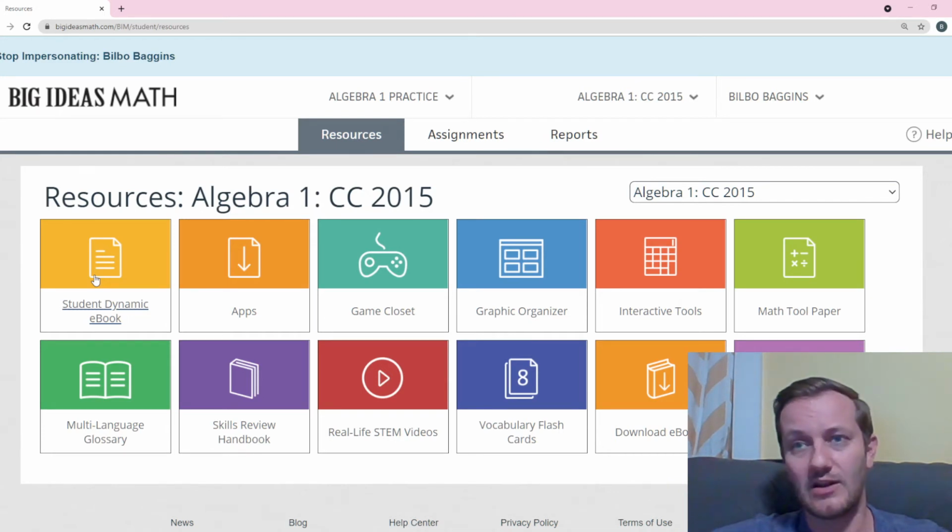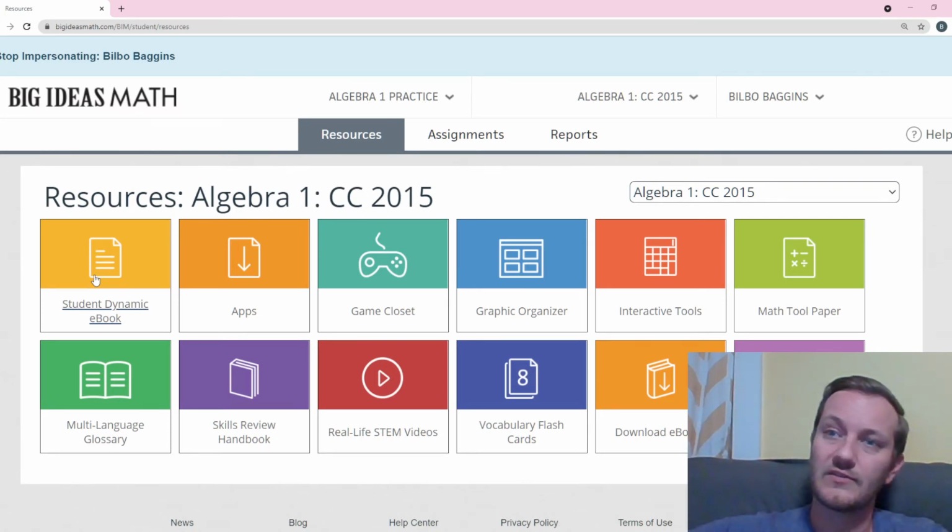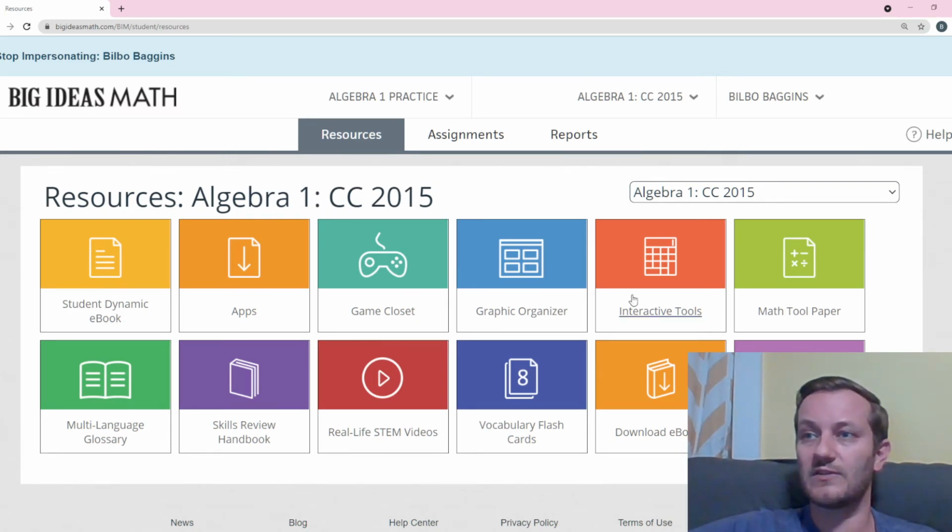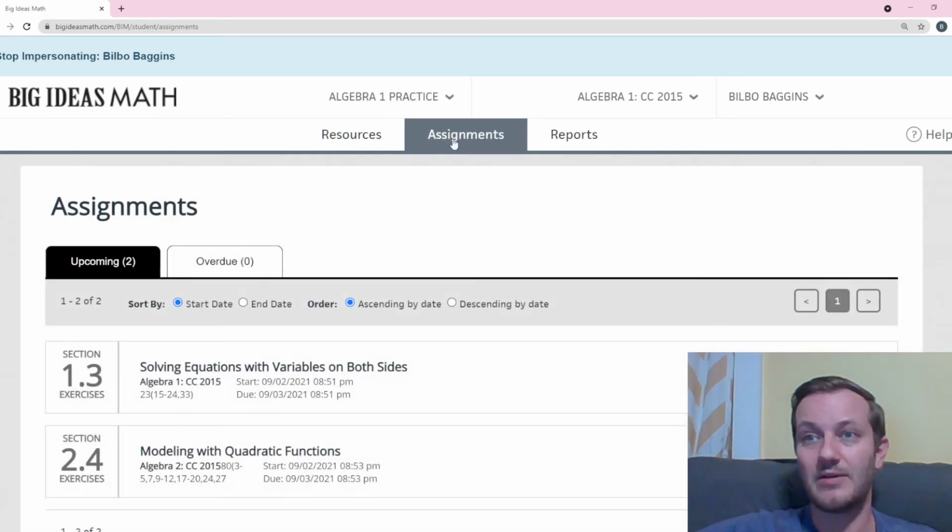And so there's more things there. It also is available in Spanish, and it can audibly read out loud to you if you click on things. And so there's some resources there. You could poke around here. Most of the time, though, you're just going to be jumping right into the assignments tab.